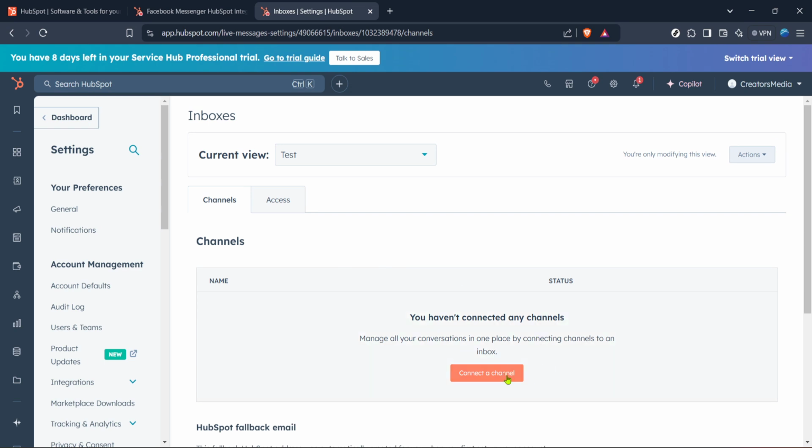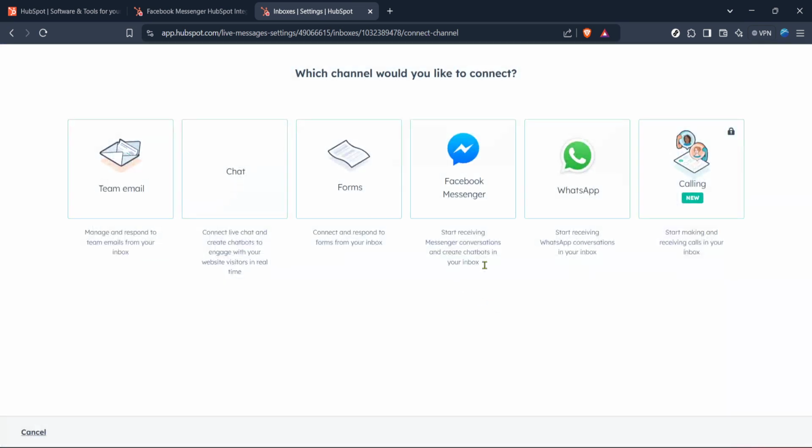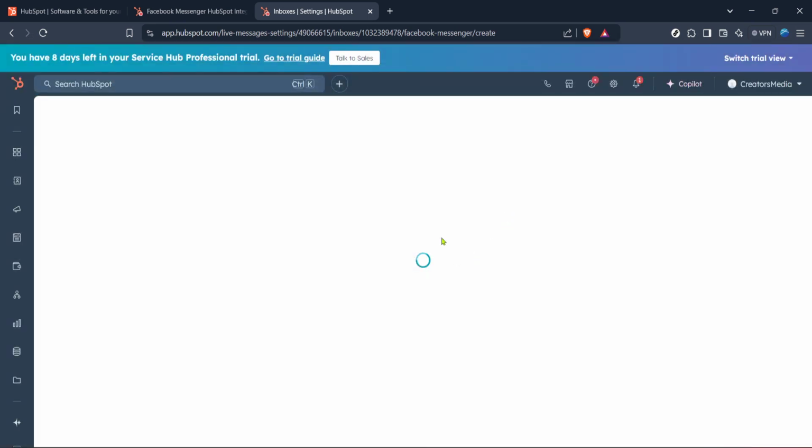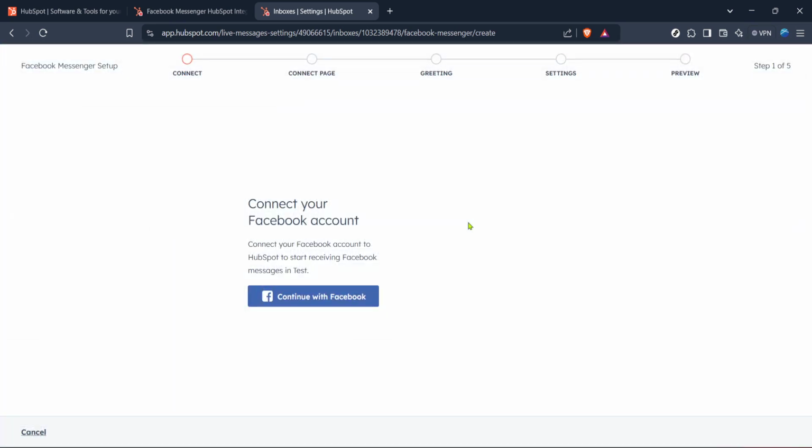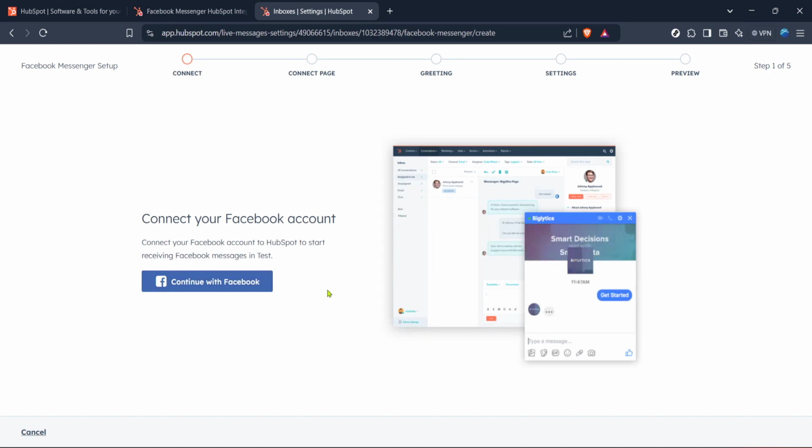Once you're on the Facebook Messenger app page, find and click on the Install App button. Installation will allow you to set up the integration with minimal hassle. After you click on install, follow any additional prompts or instructions that appear. This might include logging into your Facebook account or granting permissions for the two platforms to communicate. And voila! With these steps complete, your Facebook Messenger is now connected to your HubSpot account, unlocking the potential for a seamless customer service experience.